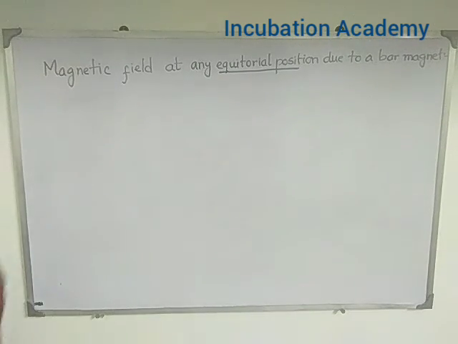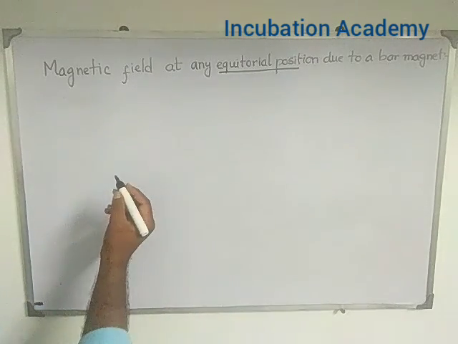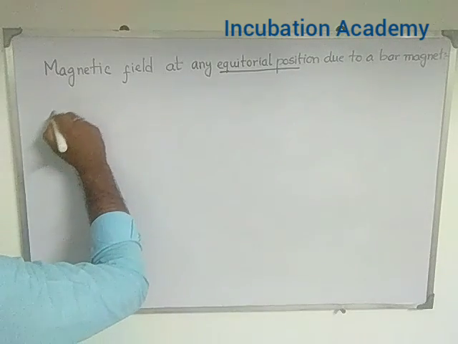Welcome everyone. To find out the magnetic field at any point at the equatorial position, we have to understand what the equatorial position is. What does it mean? The equatorial position of the bar magnet. A bar magnet has no equatorial position. So for that particular purpose, we consider